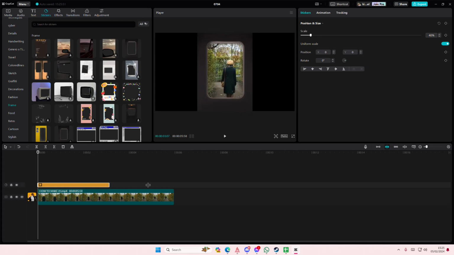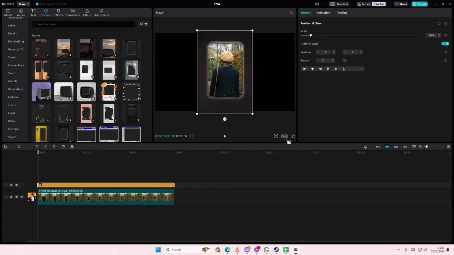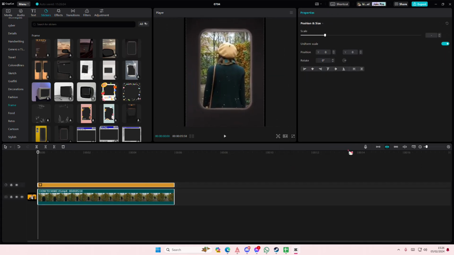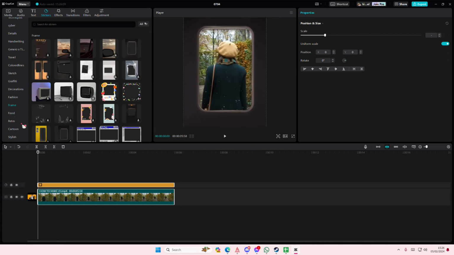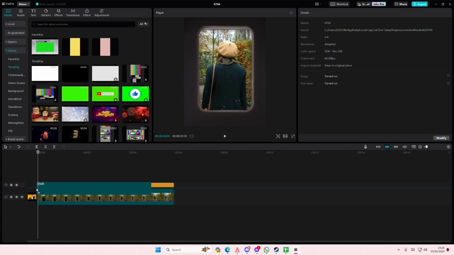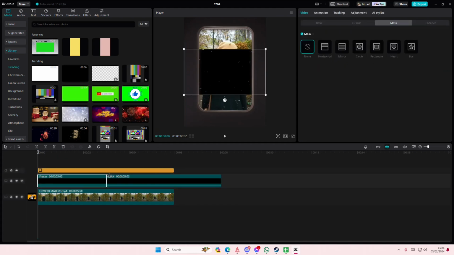I'll just use this for an example. Maybe we should use this one instead as well. There we go. And you can go to media, go to library, and add in a shadow underneath the frame. I'm just going to freeze frame it so that I can